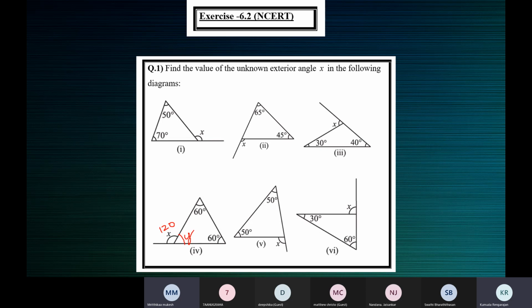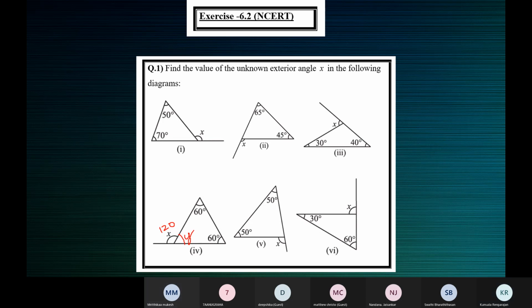60 degrees. So what are the three angles inside the triangle, Mritika? 60 degrees, 60 degrees and another one also 60 degrees. Give a special name to this triangle. Equilateral triangle, ma'am. Now all the angles are equal here, right? Will all the sides also be equal? Yes, ma'am, all three sides will also be equal because all three angles are equal.